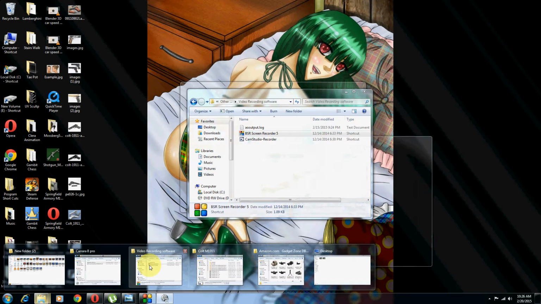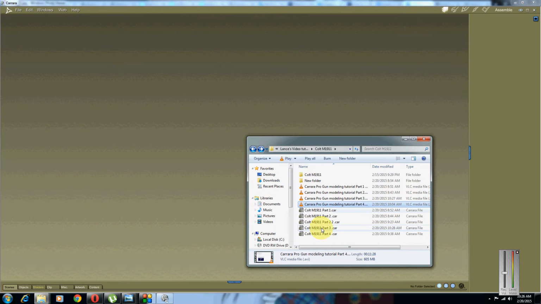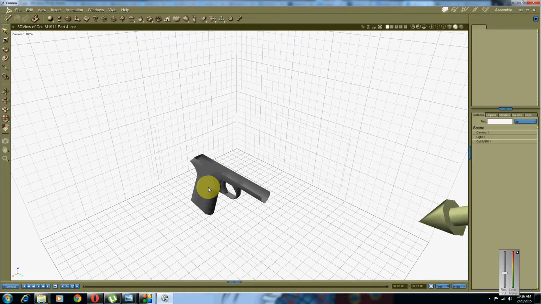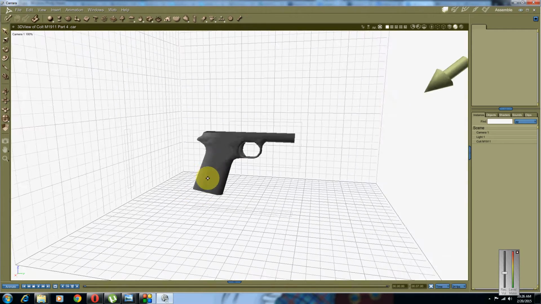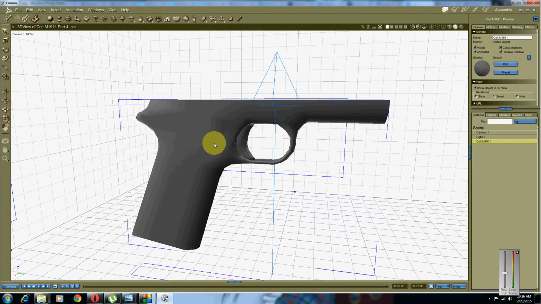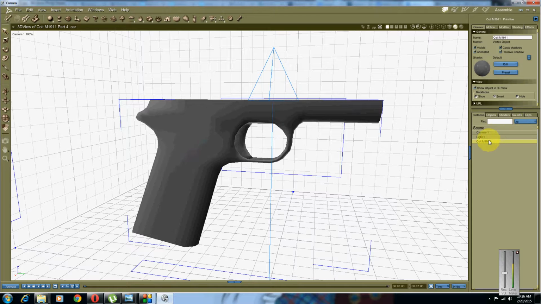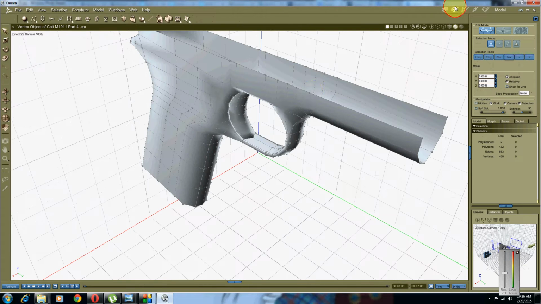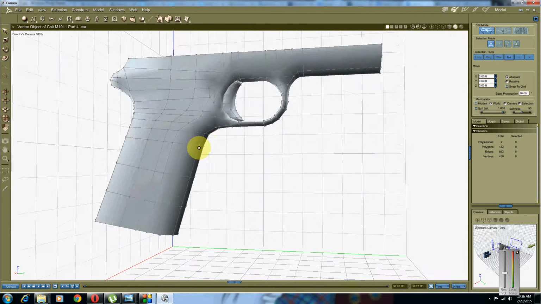gun file, which I have stored right here. So I can just click on part 4 of this, and here we have this, I think, right here. Whoops, I forgot to select this right there. Now we're going to go into the wrench tool,